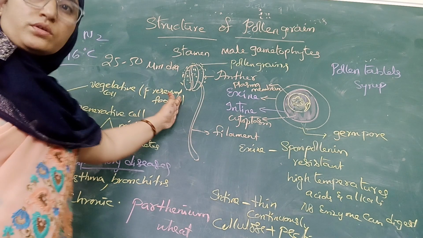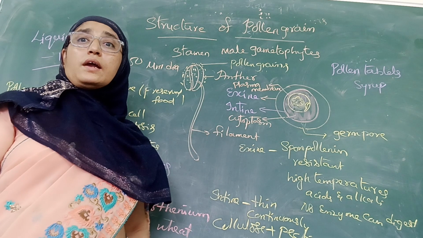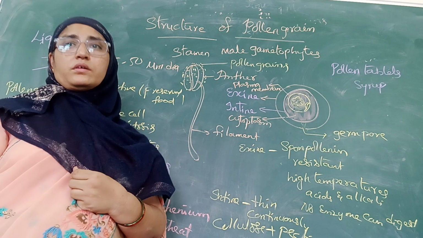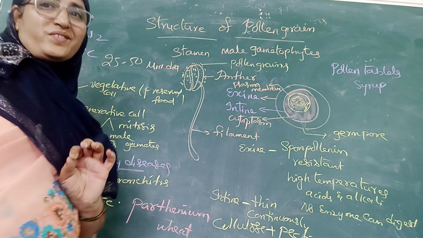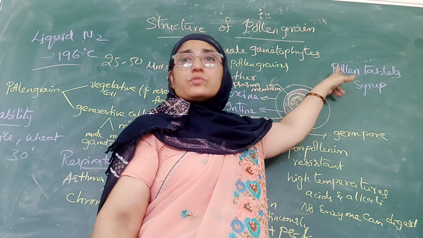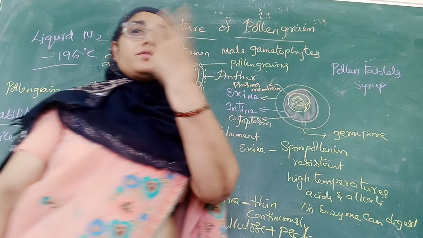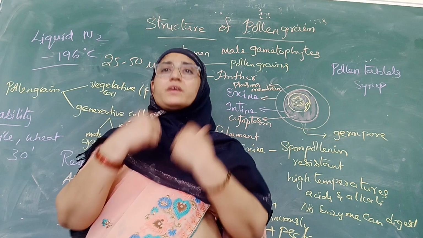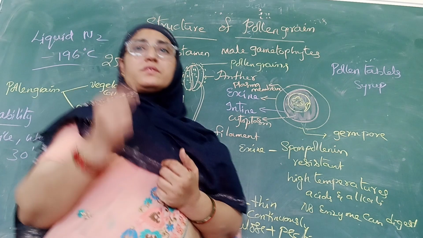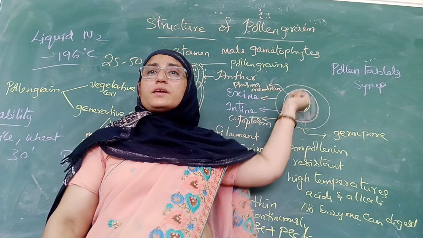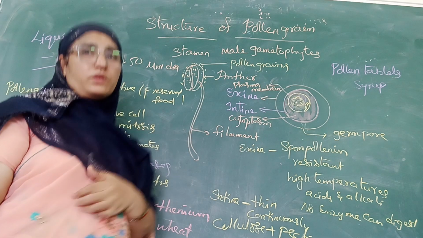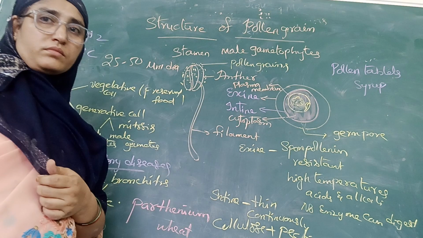Right. Next, coming to pollen: does pollen cause any effect to humans? Yes, it causes allergic problems like asthma and bronchitis, and chronic respiratory diseases may also occur. That's why we should be careful with flowers. Next, pollen is also highly nutritious. In most western countries, pollen is consumed as food supplements, in the form of tablets and syrups, as it has nutritional value. Consumption of these pollen tablets and syrups has shown better performance in athletes and also in race horses.